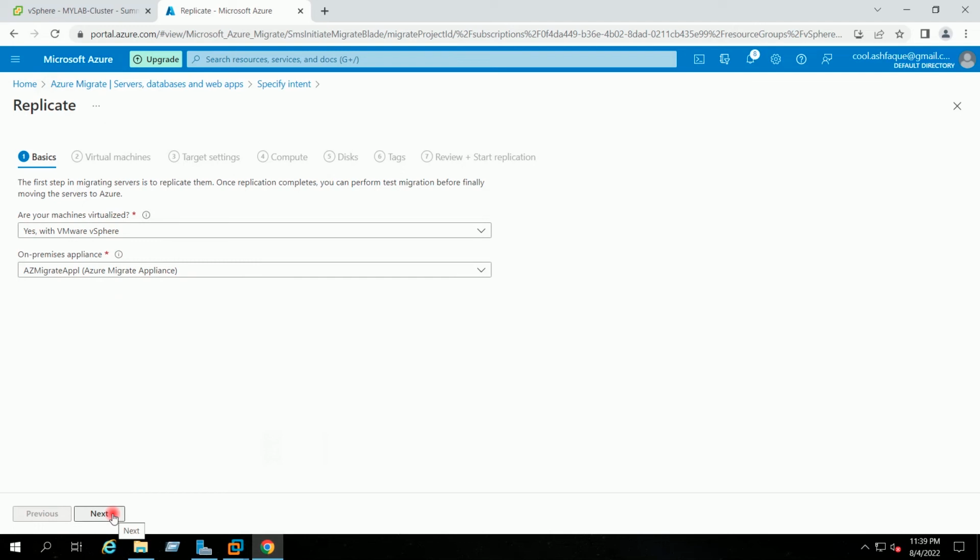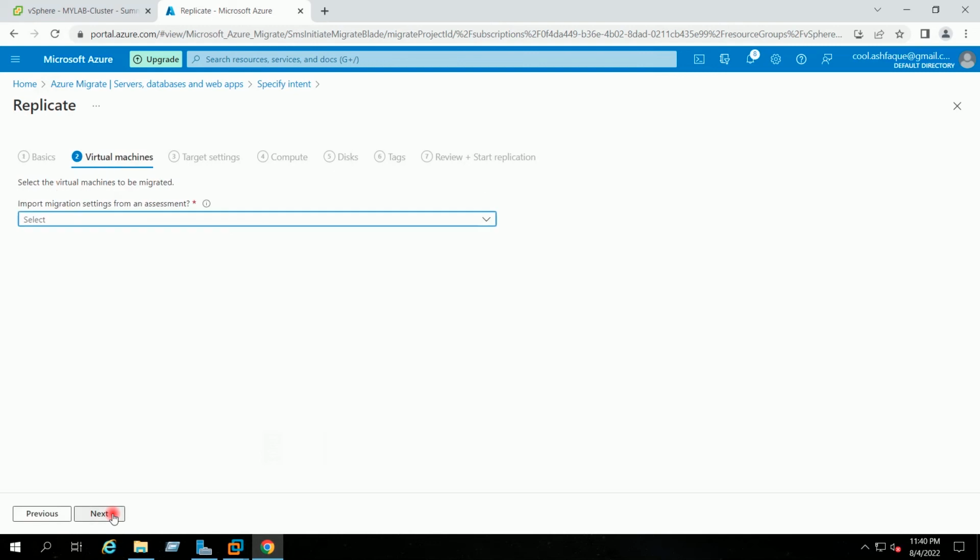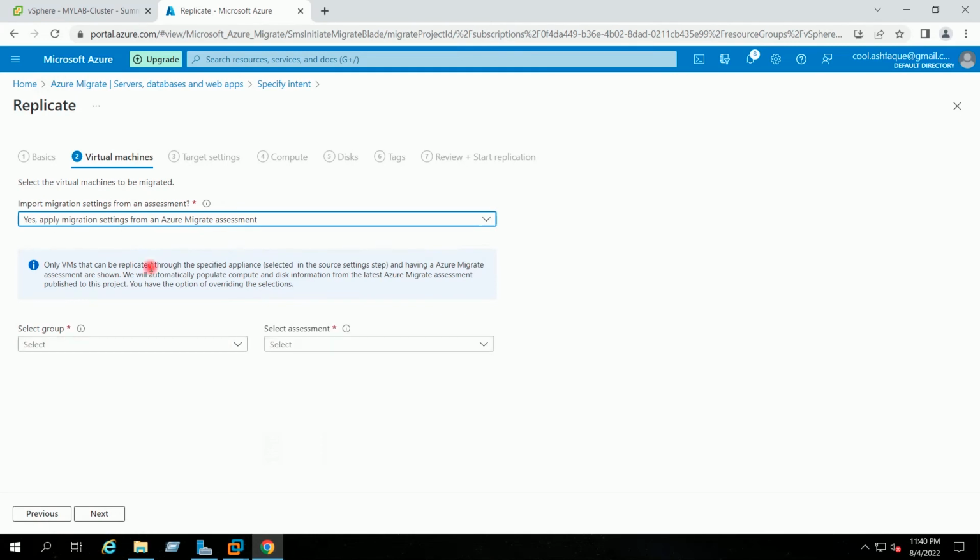Next. In the drop down I will select yes, apply a migration setting from Azure Migrate assessment. Here in the drop down I will select the group name.